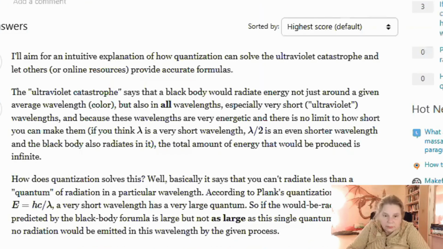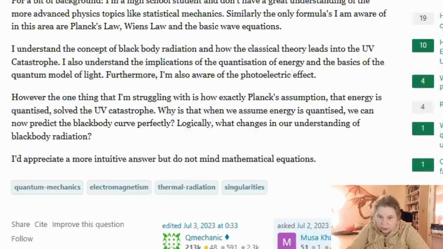This was on a website called Stack Exchange, and the person who asked the question said, I've searched around the site looking for older posts. For a bit of background, high school student, I don't have a great understanding of more advanced physics. I understand the concept of black body radiation and how classical theory leads to the UV catastrophe. I also understand the implication of quantization of energy and the basics of the quantum model of light, in other words, the photon, and I'm aware of the photoelectric effect. However, the one thing that I'm struggling with is how exactly Planck's assumption that the energy is quantized solved the